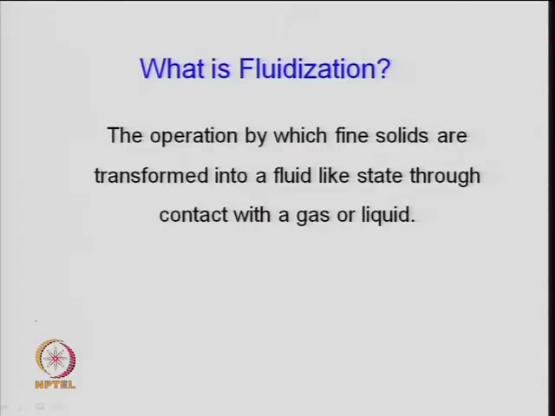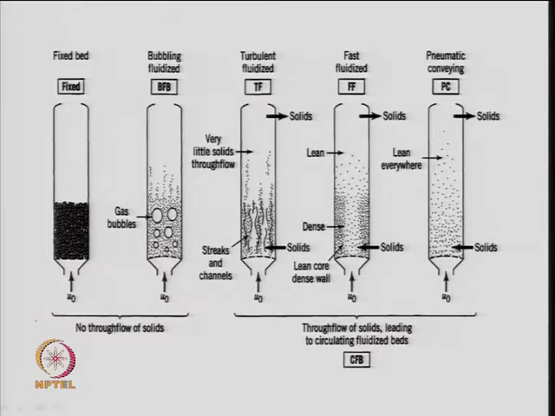depending upon the operation, we can have a kind of CSTR or mixed bed reactor, and the gas or vapor can be bubbled through this catalyst, and there can be good contact between the gas and solid, and there is a kind of back mixing in the reactor. So, the basic concept is that you have a fine powder or fine solid particles, and they are transformed into some kind of fluid-like state by using some gas, vapor or liquid. So, depending upon the flow, you can have different situations in a bed.